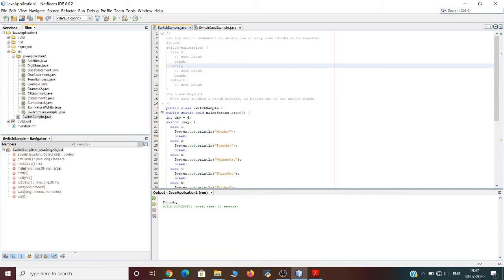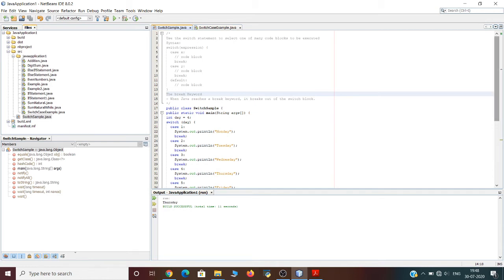As you can see, there's a break keyword here. So what does the break keyword do? Whenever Java reaches a break keyword, it breaks out of the switch block. This will stop the execution of more code and case testing inside the block. When a match is found and the job is done, it's time for a break. There is no need for more testing. A break keyword is used in order to save execution time, because it ignores the execution of all the rest of the code in the switch block.